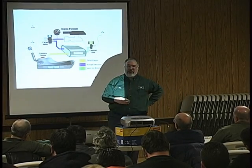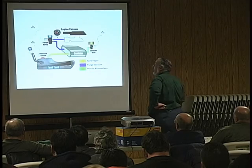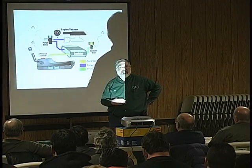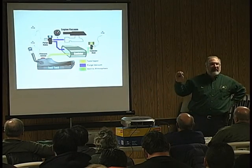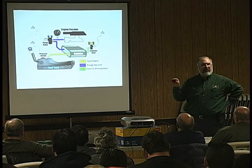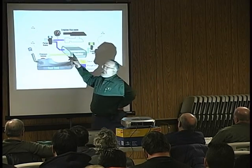So I put a smoke tester on it. Couldn't find any leaks at all. There's got to be something wrong. But, you know, you have the smoke tester that has like the flow valve on it. I was looking at that and I wasn't really getting that great a flow. So I decided to check the hose. And I checked the hose,